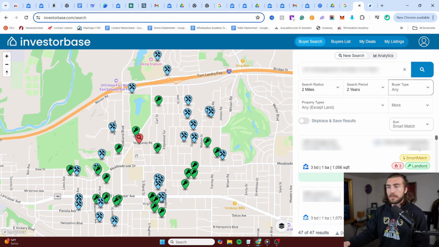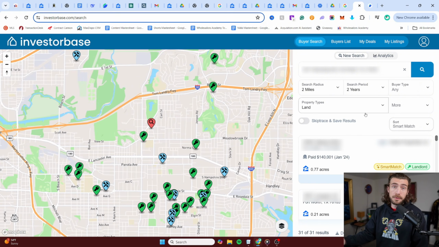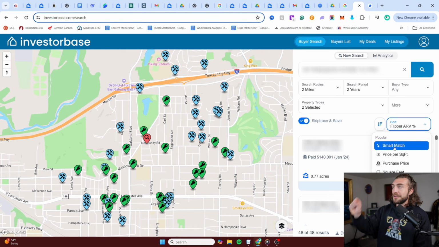The red dot is our property, and in blue you have all the fix and flippers, and in green you have all of the landlords. Many of the filters are the same as Investorlift's, but one I really like are the property type filters. So for example, I can look for buyers that are just buying land. That's really cool. Another thing I really like is that you can actually sort all of the buyer contacts, and